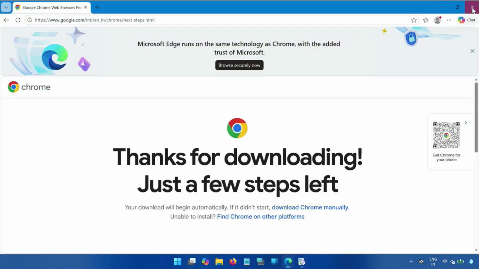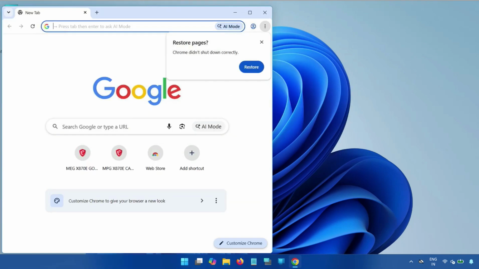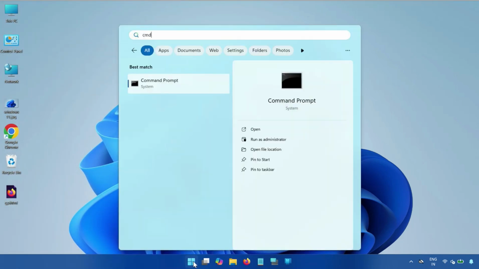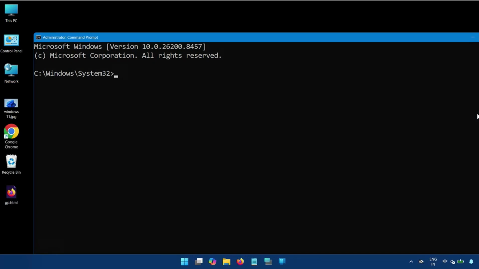You can close this. Wait a few seconds. Now it is created, and then close it. Then click start, type cmd, then right click and run as administrator, then click yes,